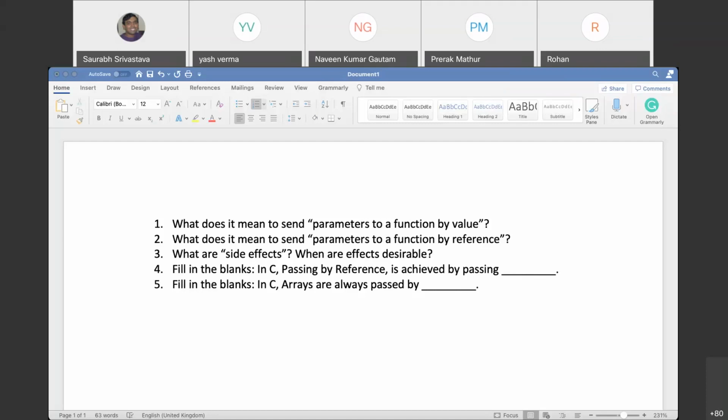But in passing by value, the values of the actual parameters are unchanged. They are just copied into the formal parameters, and if any change is done in the value of formal parameters, then that change is not reflected in the actual parameters. Also, the memory location allocated to our user defined function is only used when the function is being operated upon. After the function has returned the value, that memory location is also freed.